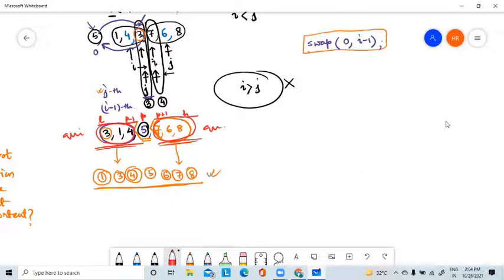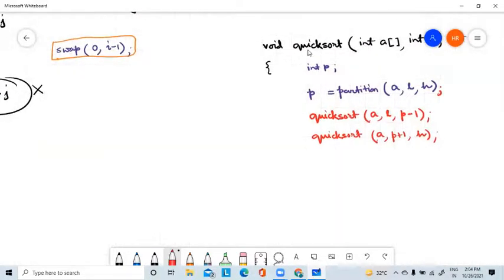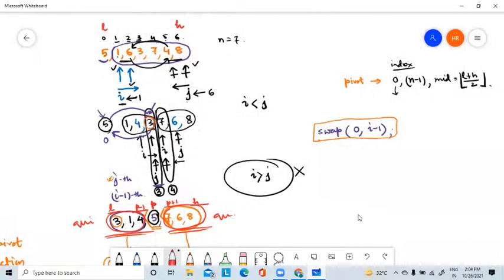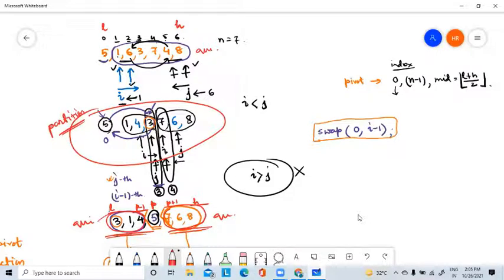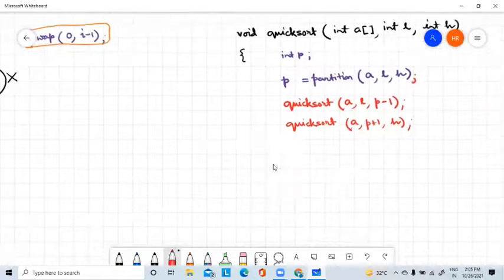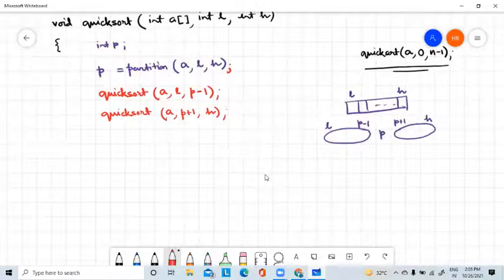That's why I have called two different quick sorts from this quick sort function. So the first quick sort is this one. For this quick sort, we have called this partition. This is a partition function where I have partitioned the array by choosing the pivot in its proper position. Then what I will do? I will call two quick sorts again. So this is the whole idea of the code of this quick sort function.